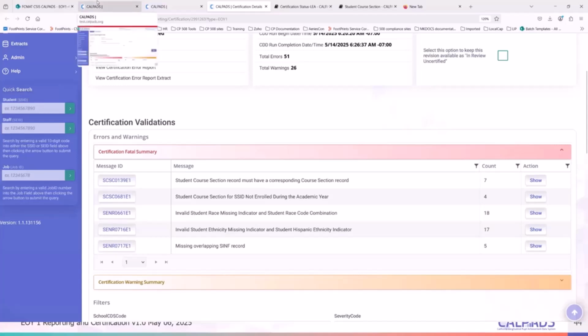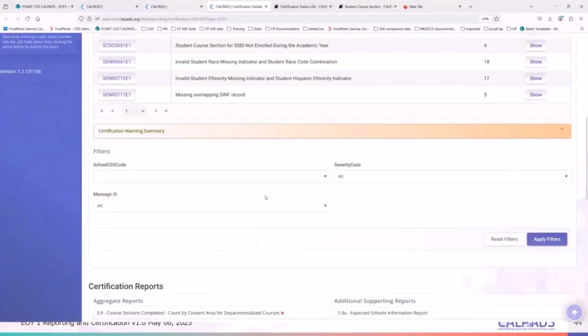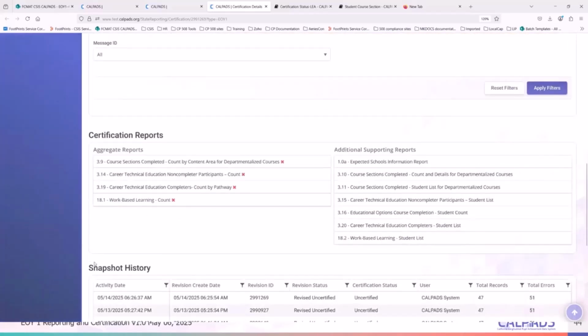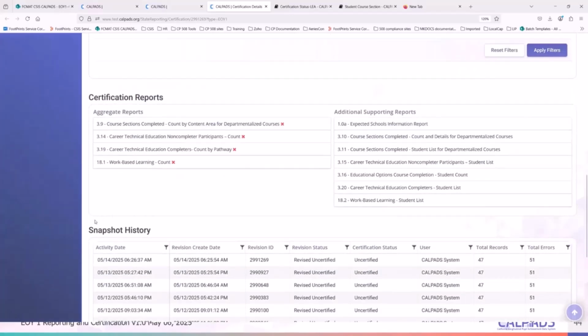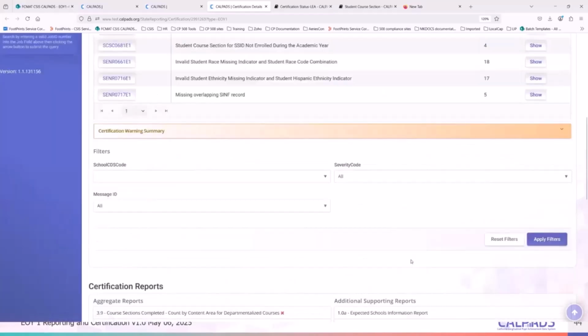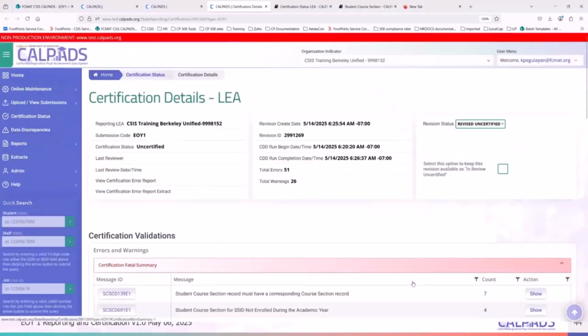Okay. Once you've cleared all of these errors, as I've mentioned, you just review the reports, and then you'll have a box here that says you're signing your life away, telling CalPads that the reports you've certified are accurate. You just click on yes, and that's the only time the LEA approve button will be activated for you to click on. Okay, that's the general process in the certification.